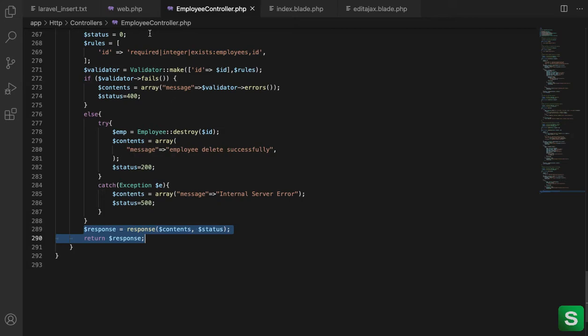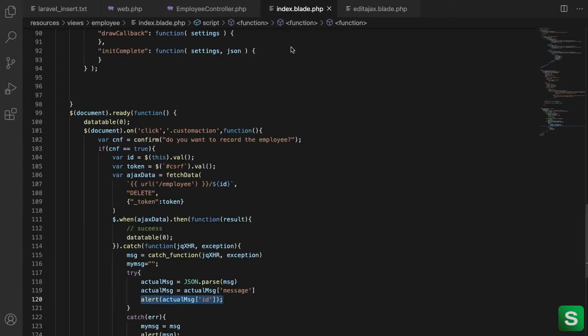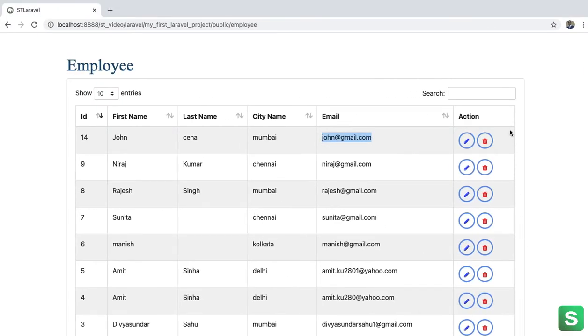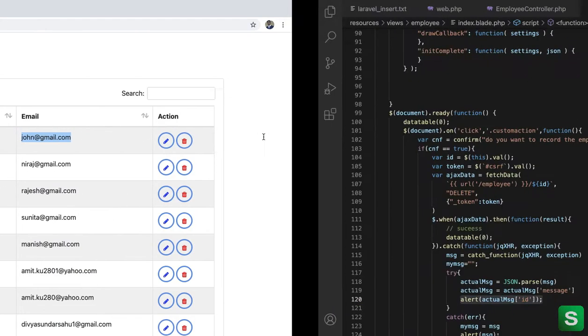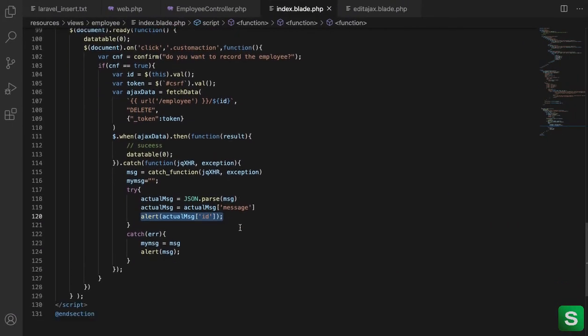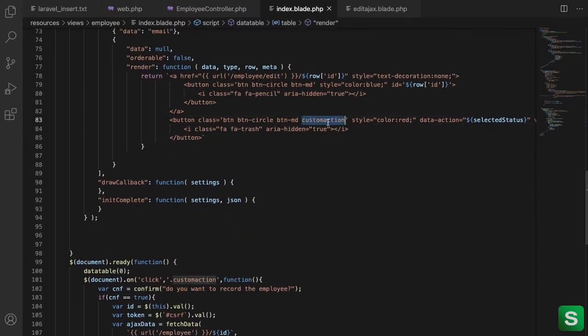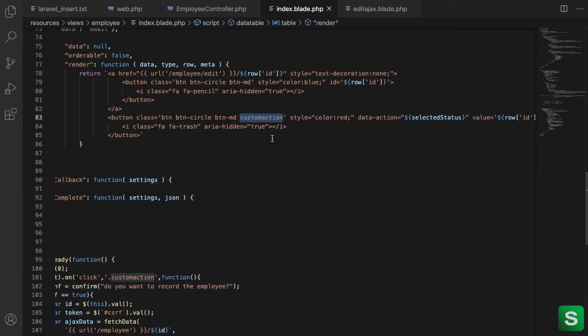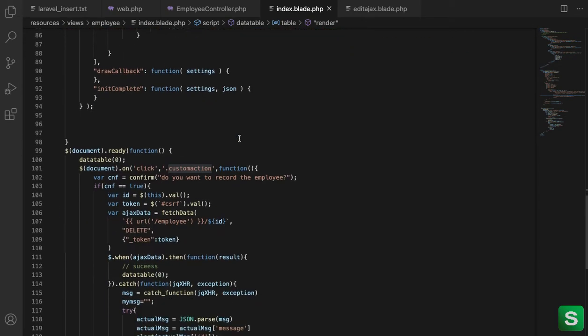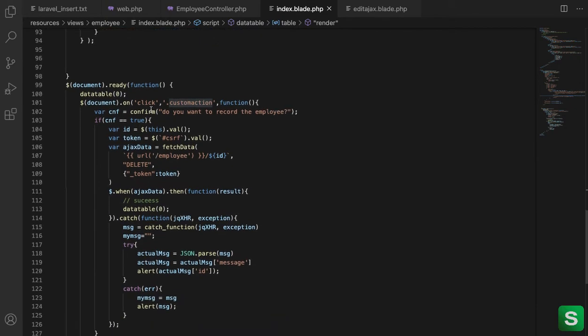And this function will be called from the index page, right? Because here we can see the delete button, okay, and this is on the employee get. I am just rendering the index.blade.php. Here you can see I am using a common custom action class on this delete button, initializing the functions here, and on click just calling this function.